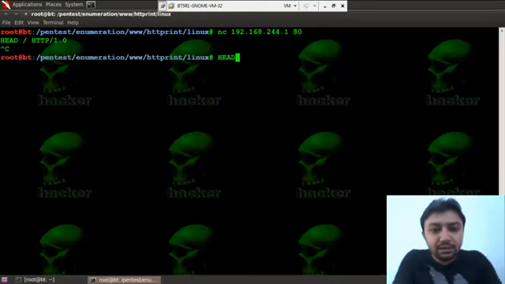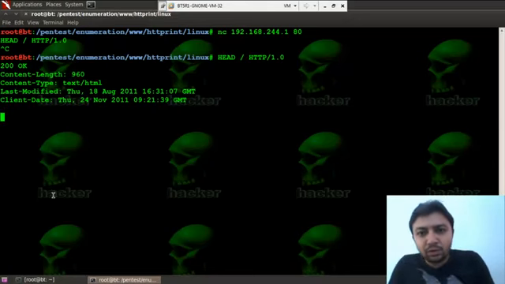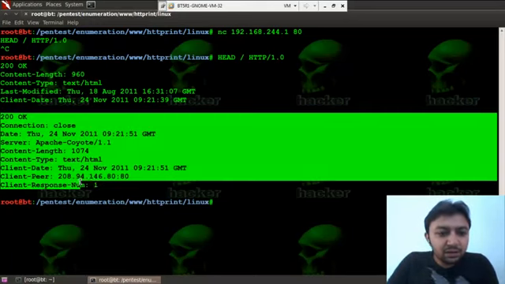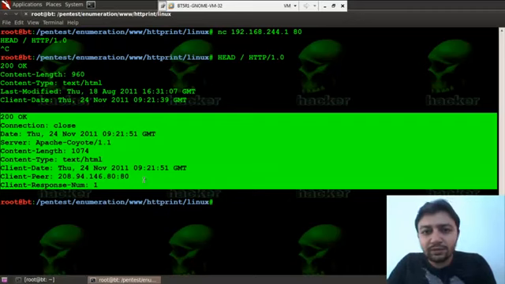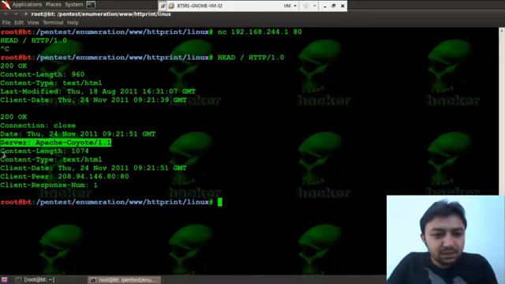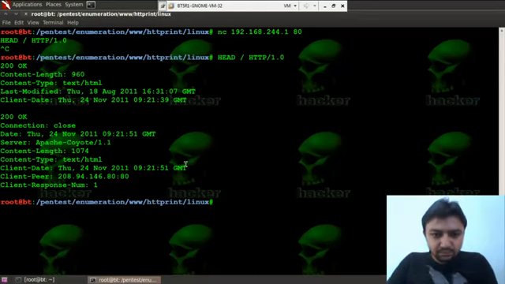That is, if you type in HEAD / HTTP/1.0, you will get a response like this, that yes, 200 is the response code, it is OK, and it is last modified. Here you will get more responses in which the server ID is mentioned. Here is a typical response which you can get from various web servers. It shows that it is an Apache server, the content type is this, the client date is this.